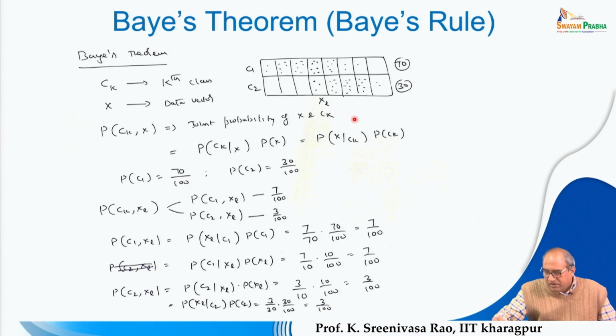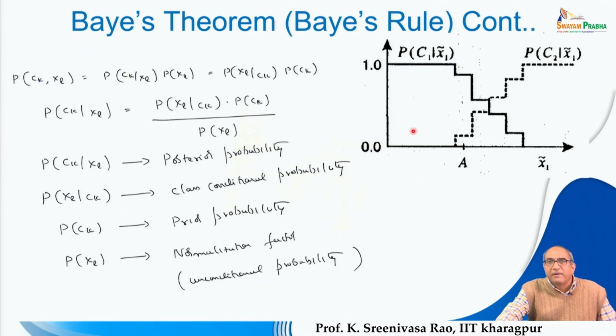So, here when you are trying to estimate the posterior probabilities, you can see that from the beginning till this point, there are no class 2 examples at all. So, the posterior probability of class 1 given x up to this point will be high, it is 1, that means there is no error at all. When you compute the x vector, if x falls here at the beginning, till this point, there is no error at all. We can safely say that the given feature vector or given image corresponds to the alphabet A without any error